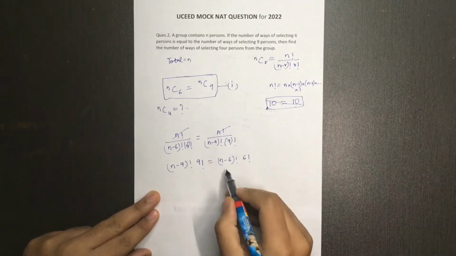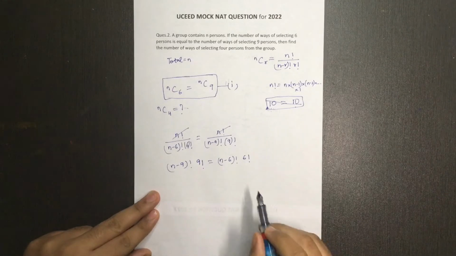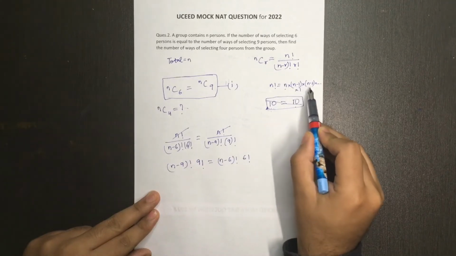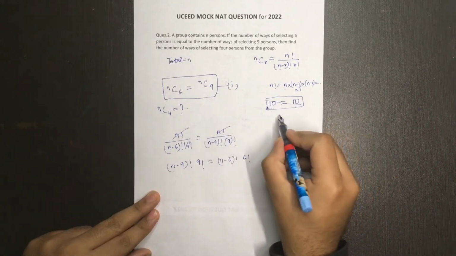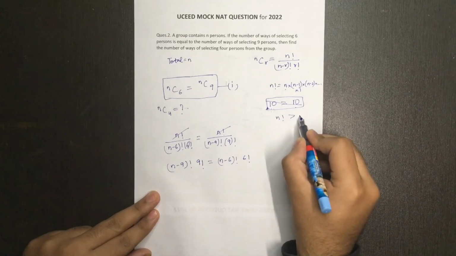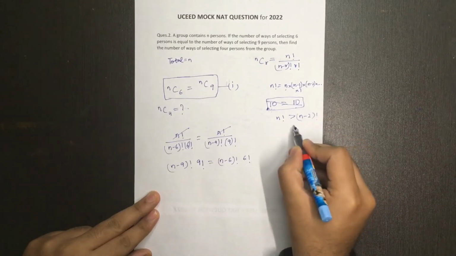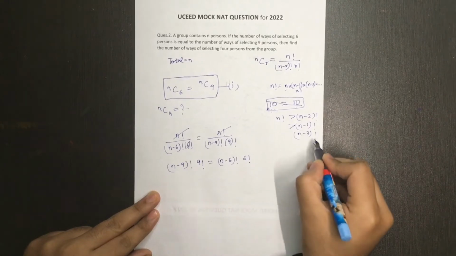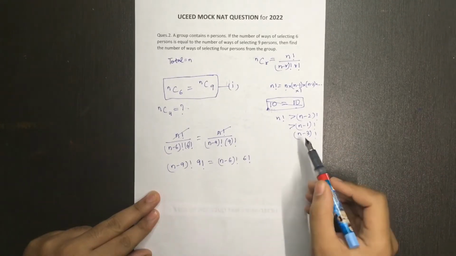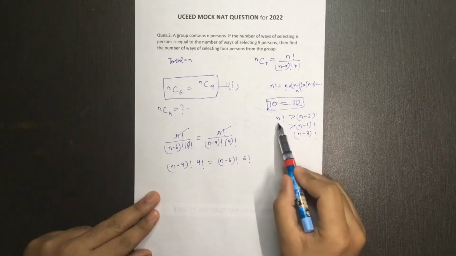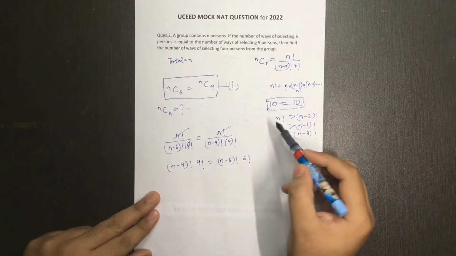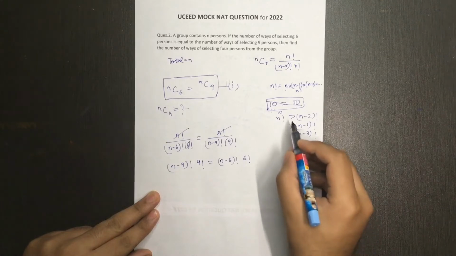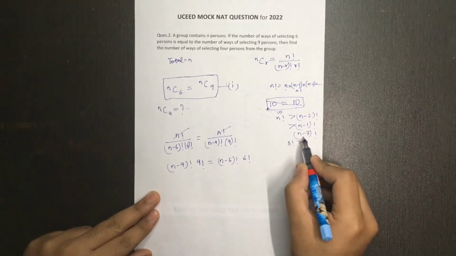Just start substituting. Now just take into consideration how n factorial was reducing. First came n, then came n minus 1, then came n minus 2. So we can definitely say that n factorial will be greater than any of these: n minus 2 factorial, or n minus 1 factorial, or n minus 3 factorial, right? n factorial will be greater. So definitely we can say that the bigger number gives the bigger factorial. Suppose if n was 10 over here, then 10 minus 2 factorial will be greater than 10 minus 3 factorial, because 10 minus 2 will be 8 factorial and 10 minus 3 will be 7 factorial.